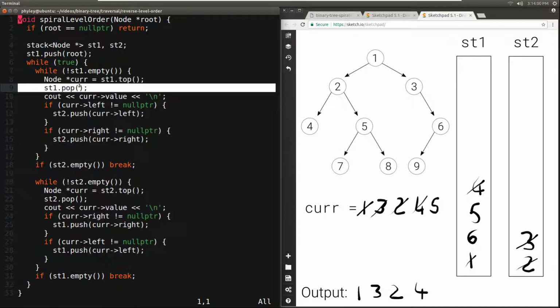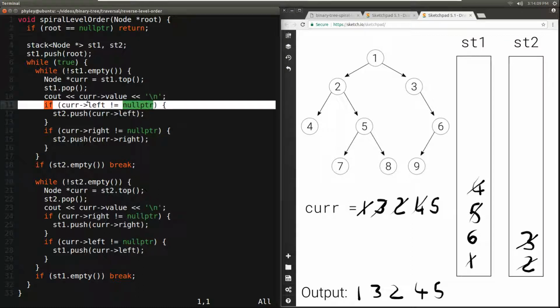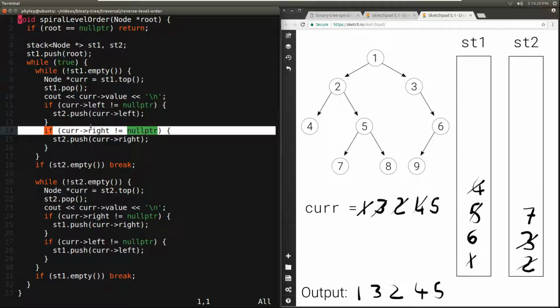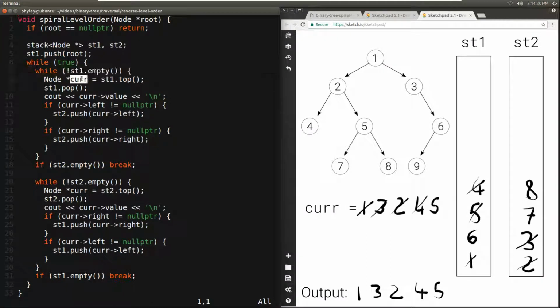We pop stack 1. We print current. And we check, current left different from null. The left of 5 is 7, so it's different from null, so we push it to stack 2. Then we check, is current right different from null? The right of 5 is 8, so it's different from null, so we push it to stack 2. And we go back to the condition, stack 1 is not empty, so we set current to the top of